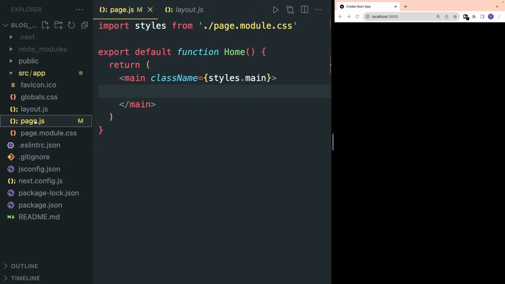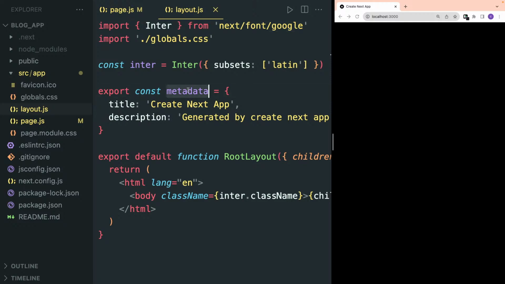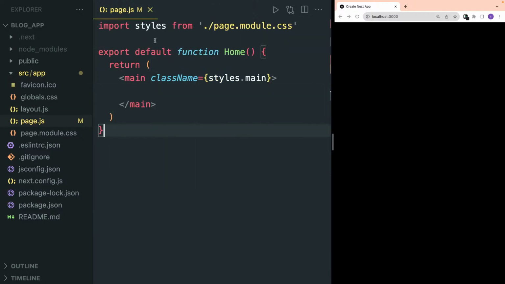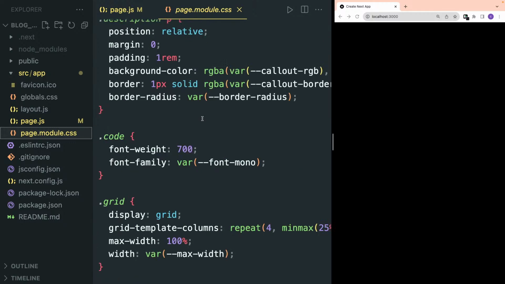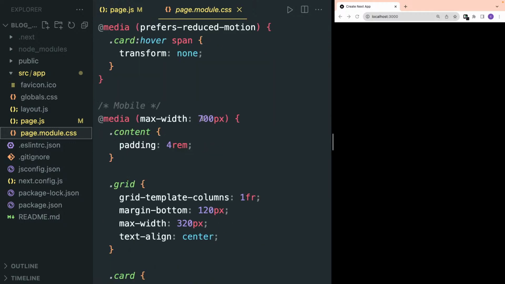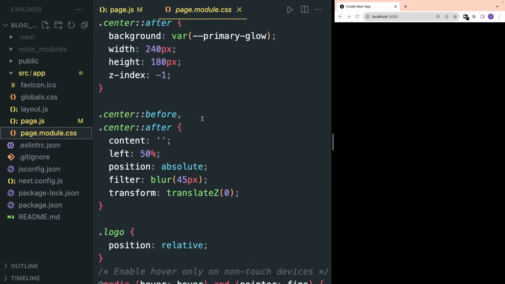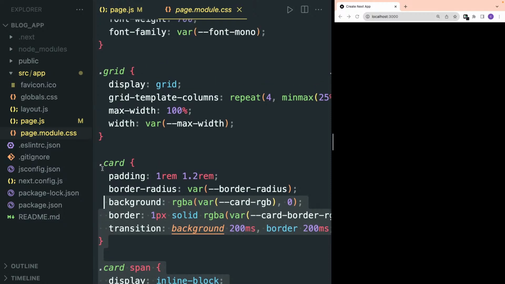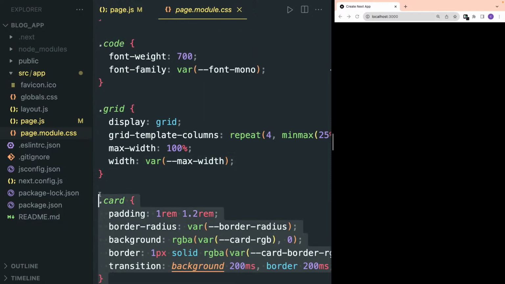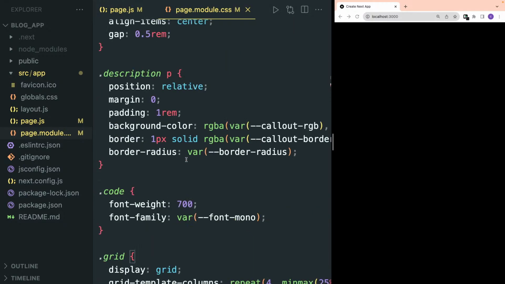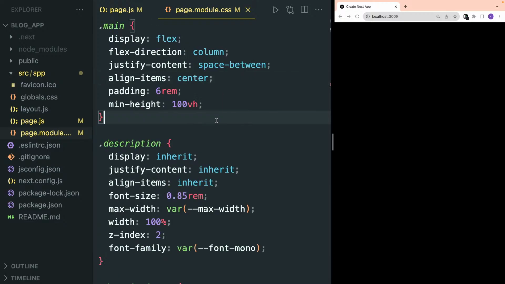So here is layout.js, page.js, and okay, here is a layout. It has metadata, root layout. Okay, cool. So this is a root layout. Styles imported from our page.module.css. Actually, I will not be using this. Let me just remove this code. Right, so now inside main, okay,